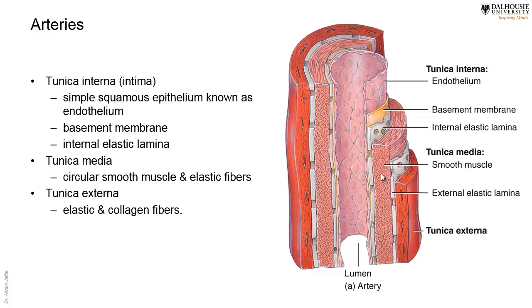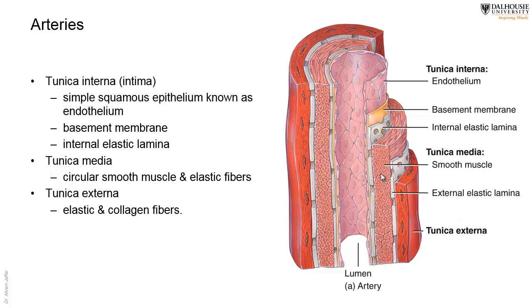In blood vessels, we have three principal layers, which are called tunicas. So we have the deepest one, the innermost one, is called the tunica intima, and then the middle one is the media, and the outer one is the tunica externa, or sometimes they call it the tunica adventitia. So three basic tunics for each blood vessel. Whether the blood vessel is an artery or a vein, it has this